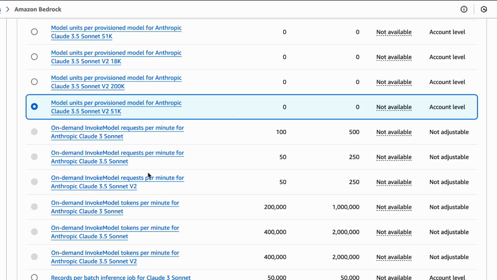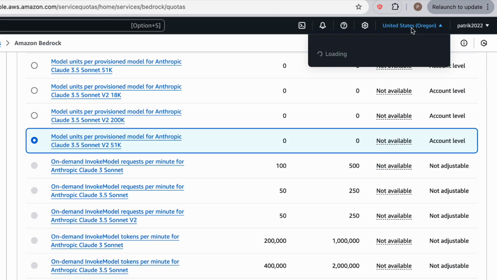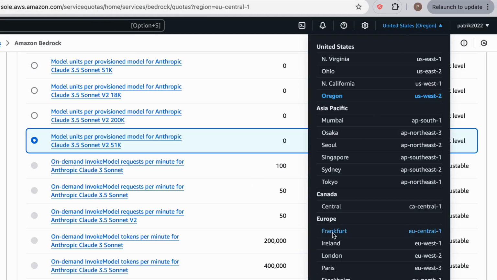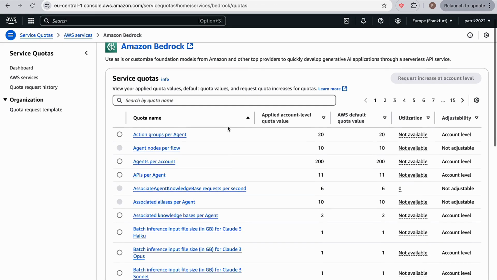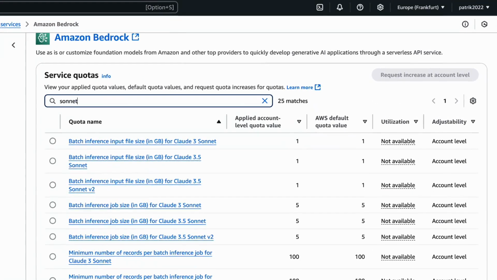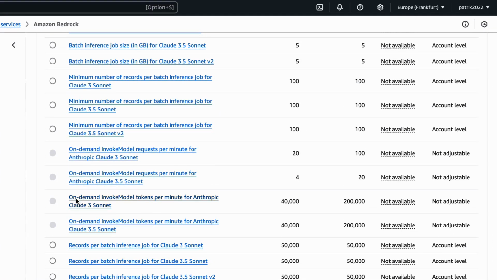Okay, and the highest level of API calls is in the Oregon region with 50. If I were to switch to, I'm usually in the Frankfurt region because that's the closest to me. And look what happens if I type in Sonnet and let's scroll down.